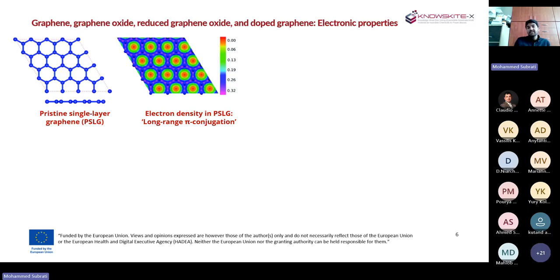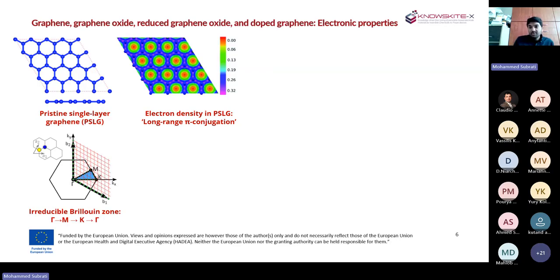As you can see, you have a very long-range pi conjugation, which is similar to what you would observe in polyaromatic compounds. But what's so special about graphene is that, compared to polyaromatic compounds, graphene extends laterally in micron scales. So, very large sheets. And because of this long-range pi conjugation, periodic structure, let's say,